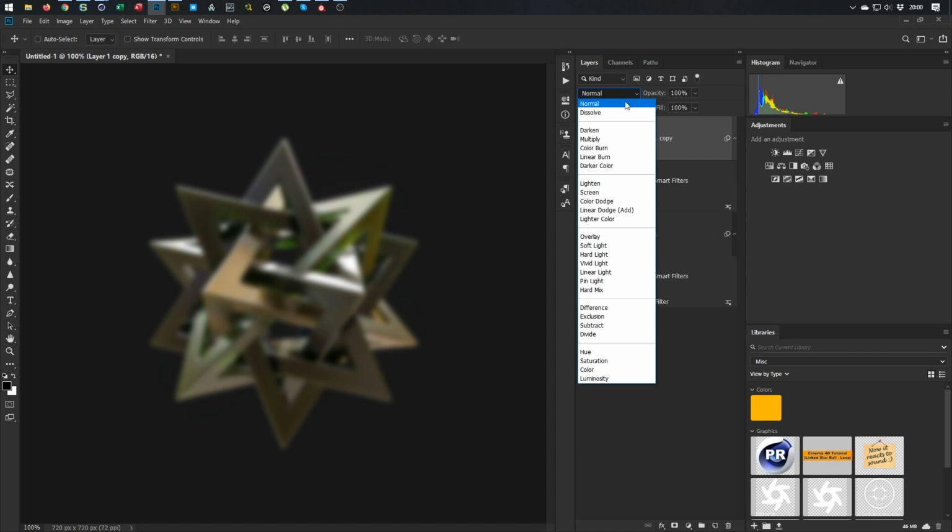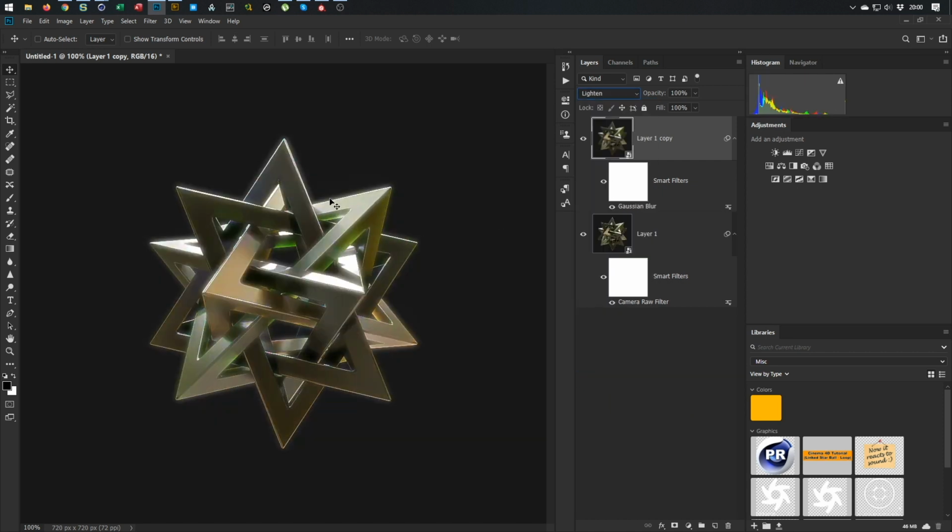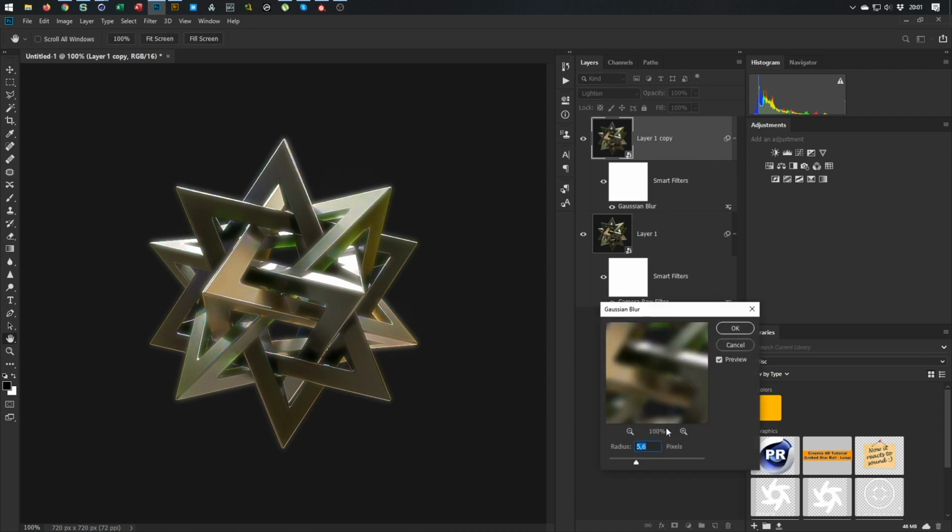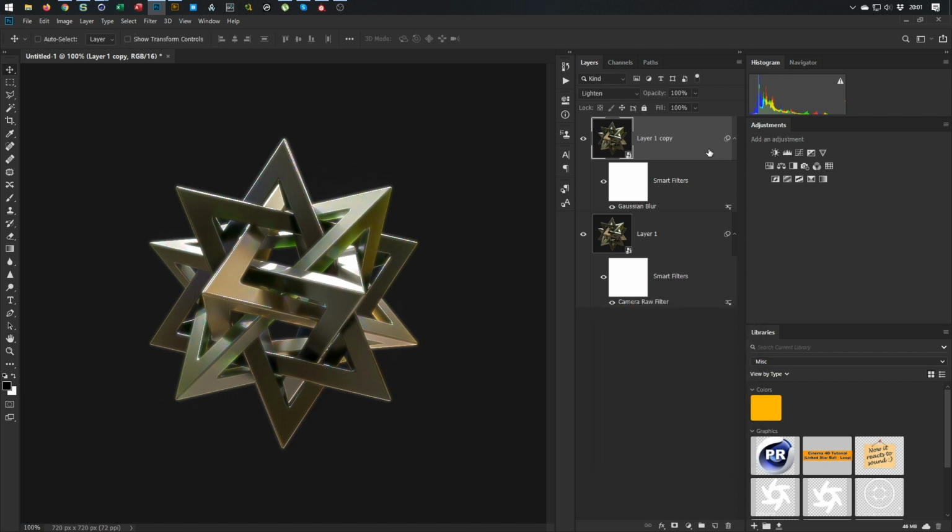And this to lighten. So we have this bloom effect, you see. Look at this. Zack, zack. But this is a little too much for me. Down with the blur. Okay, let's give it a little